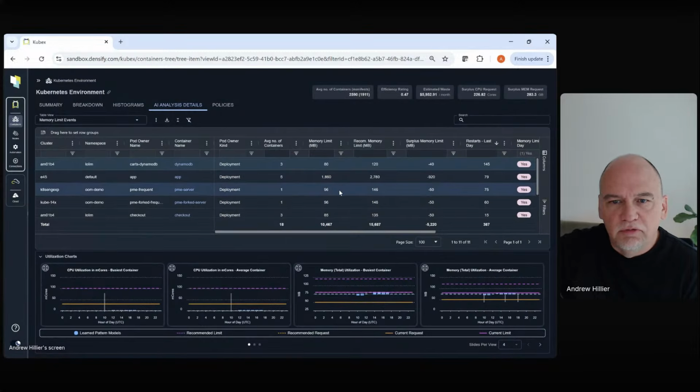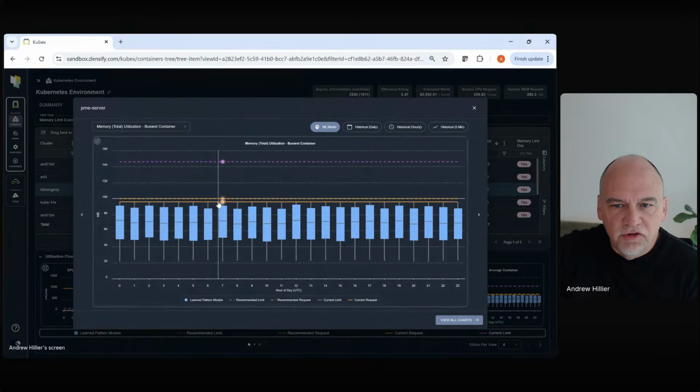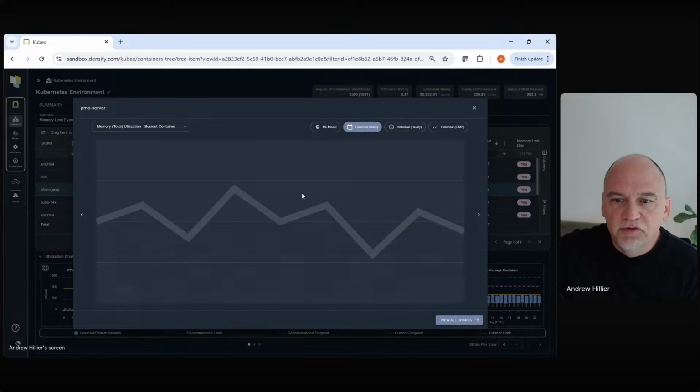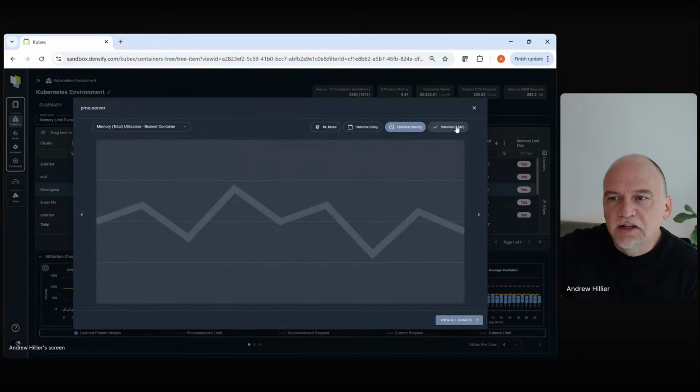Or if I go down a couple of rows here, here's one. This one's pretty interesting. This one is just hitting its limit nonstop every hour of the day. This is a 24-hour view of the kind of utilization profile this thing typically has. So this is pretty bad. I can drill down to what this thing does every day back through the last quarter or every hour, right down to the Prometheus samples.